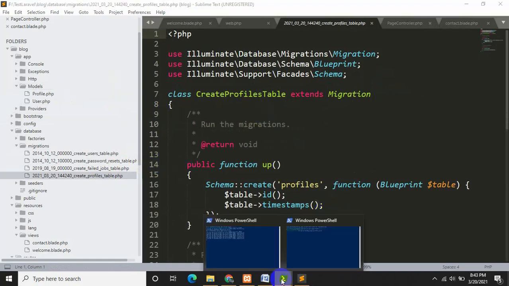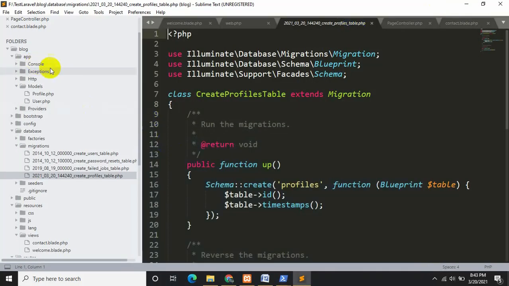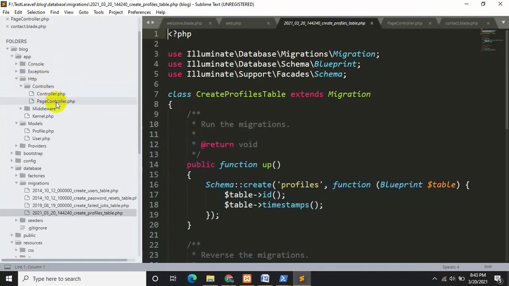Let's see is controller created or not. I don't know, it's taking some time. Okay, it will be created. Let's just wait a little bit.